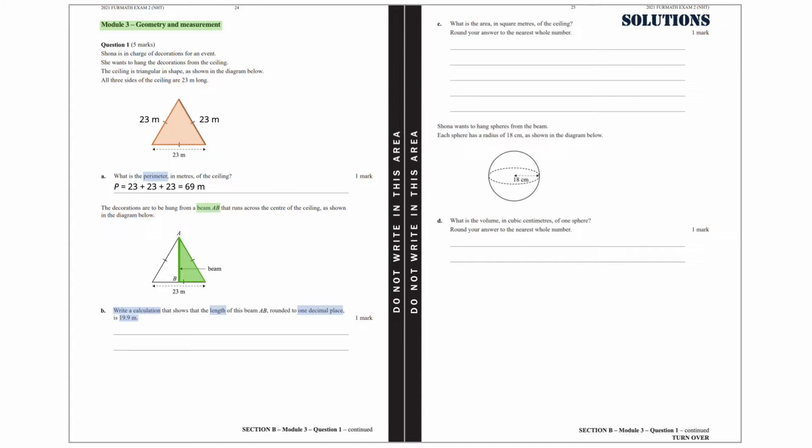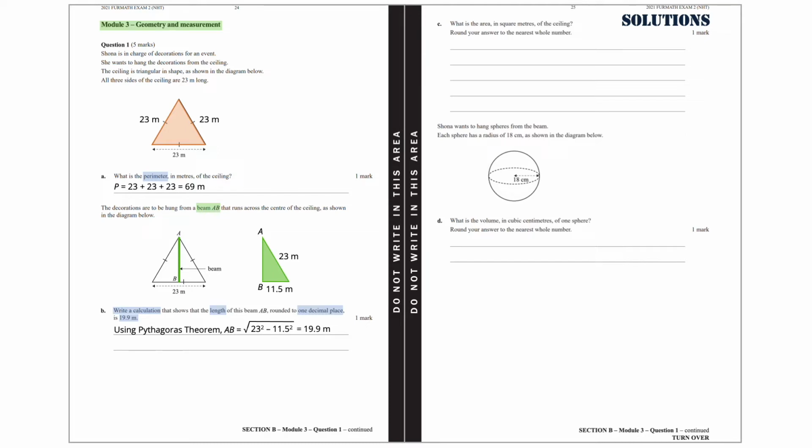For this, we are going to use the right-angled triangle shown with a hypotenuse 23 meters, and the base is half of 23, which is 11.5 meters. Using Pythagoras theorem in this right-angled triangle, AB equals square root of 23 squared minus 11.5 squared, and this equals